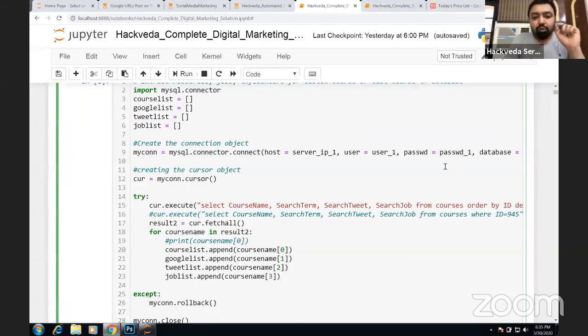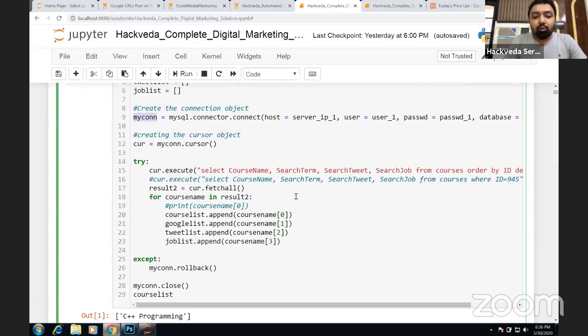Now, you're going to perform a connection. Once you get the connection to your database, you're going to create an object of the cursor. Now, what does a cursor do? A cursor is an iterator which will hold all the data available from the database, and it's going to iterate over all the rows available in the database. Let's say, for example, if we are working on an education business, we have a course table wherein we have the name of the course, the ID of the course, the image of the course, the price of the course, and certain other information.